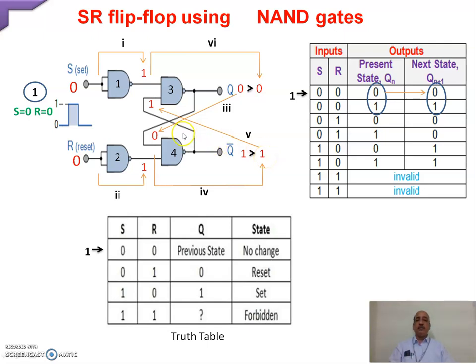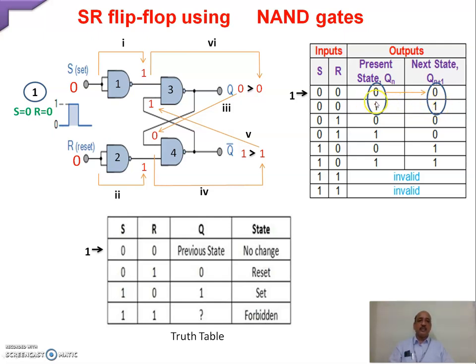This one will be the input for the third NAND gate. Now here you can see that both the inputs are 1, 1, therefore the output is 0. So from this it's clear that initially the output was 0, and now also the output is 0. It's clear that there is no change. So you can see from the table, if the inputs are 0, 0, then if the previous output state is 0, it remains 0 only. If it is 1, it remains 1 only.